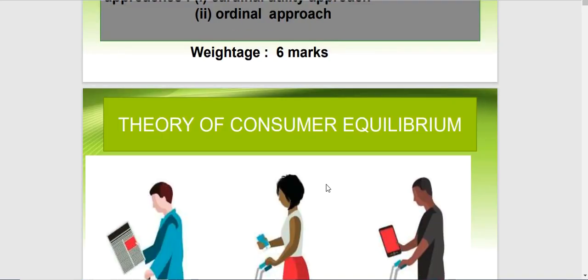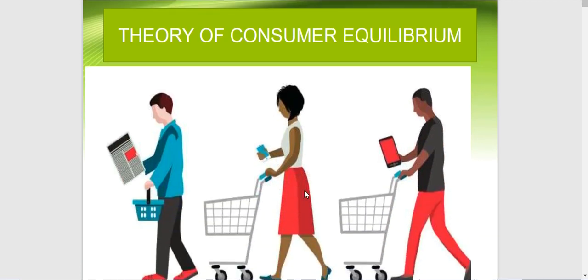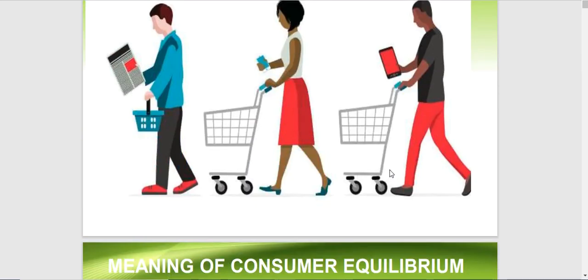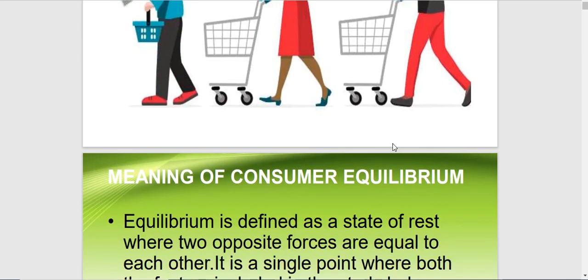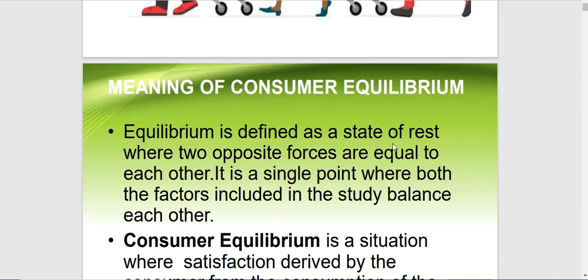Hence, we now begin with the theory of consumers equilibrium. Children, these are figures of all consumers. Consumer is a person who is demanding different types of goods and services at a point of time. We are having the concept of both goods and services. Let us try and understand how a consumer demands goods and how he tries to maximize his satisfaction. This concept of satisfaction of consumer is called as consumers equilibrium.